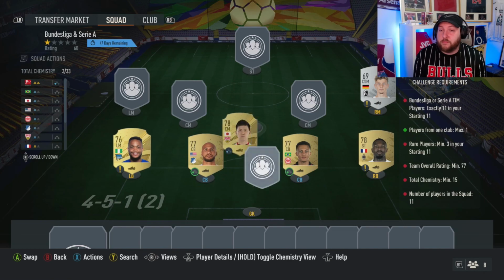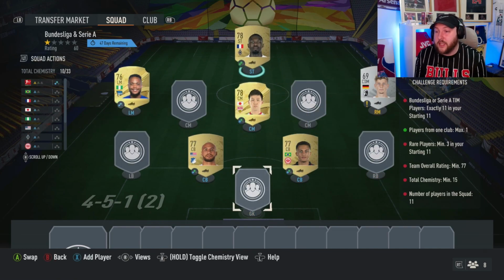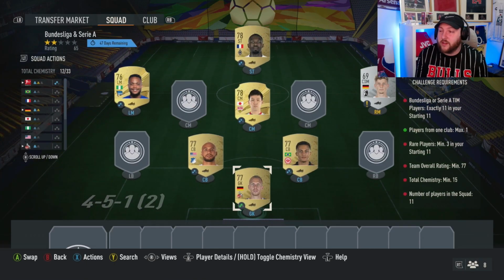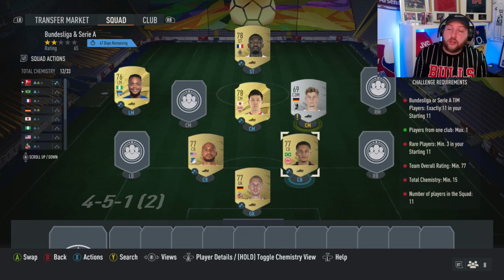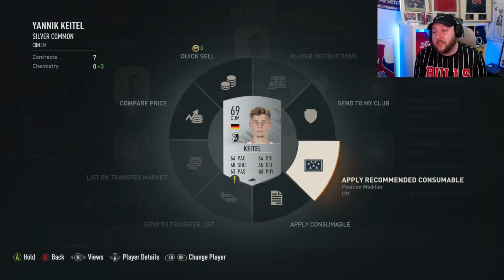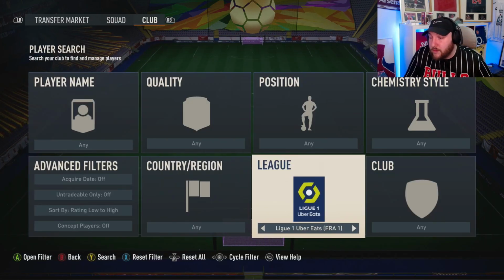So what I'm doing here is I'm just building the chemistry up, and then we can decide on, okay, so we've got 10 chemistry already, plus this goalkeeper should give us 15. If they're not from the same club, they're not. So we've got 12 so far. So we could do a position modifier, and you can get them from the SBCs as well. You can put 1 bronze in, get a position modifier, and we could change him to centre mid to give us the chemistry. But another trick you can do, you want to go to Serie A,